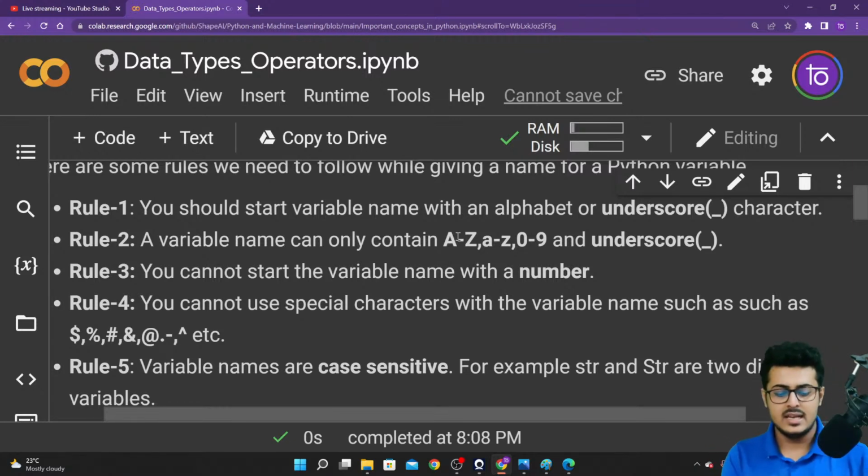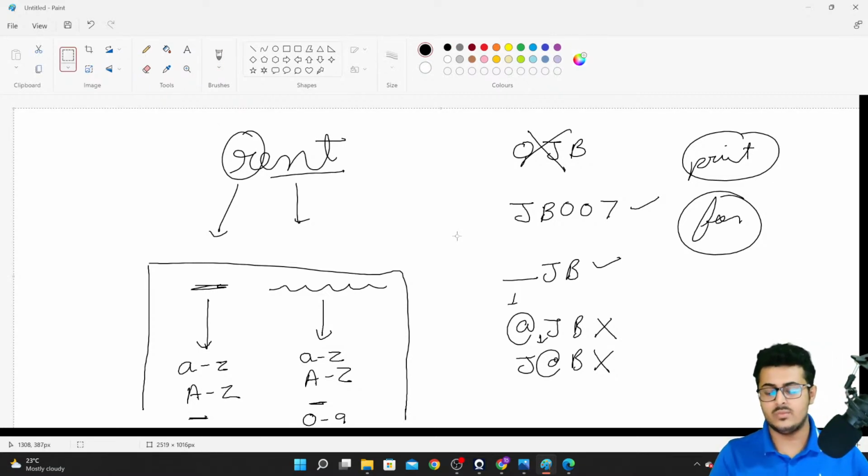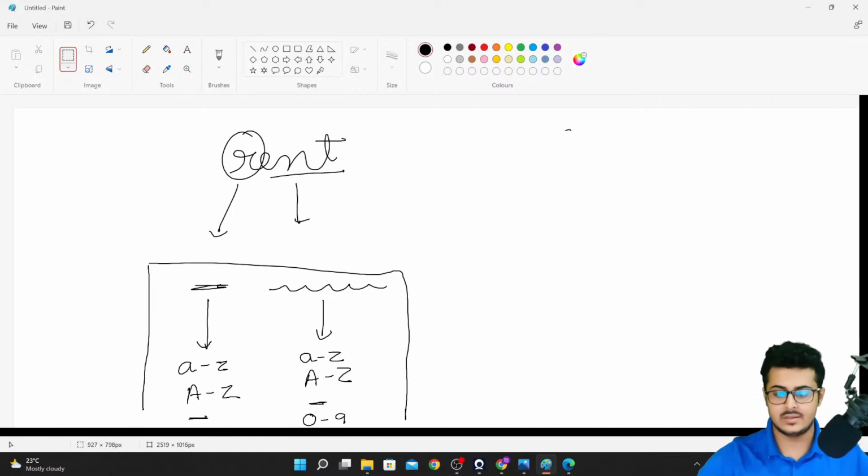The next thing that you need to understand is that in Python, variable names are case sensitive. Let me show it to you guys.